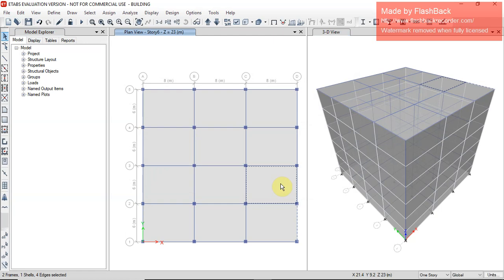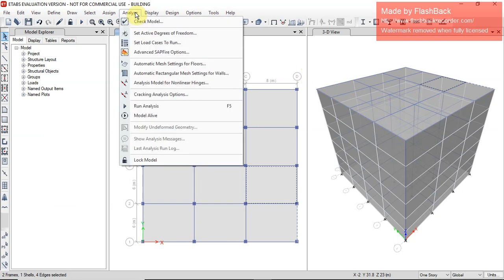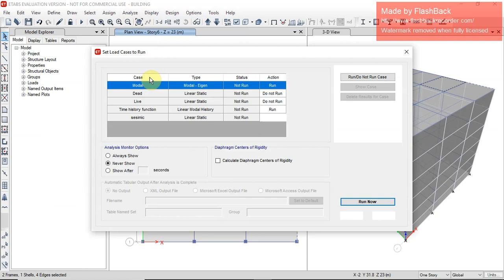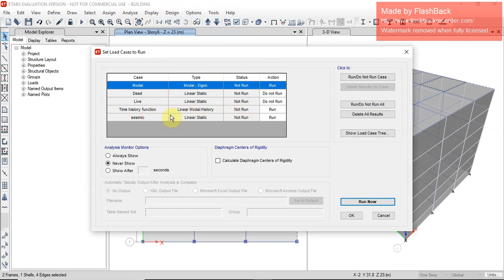This time we are designing only for a seismic resisting building, so there is no need to add specialized load. So we go for analysis, then use the set load cases menu. Here you can see the time history function.